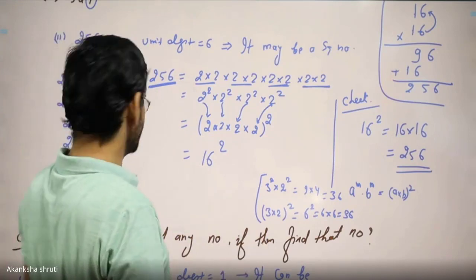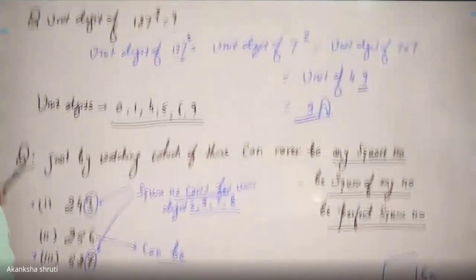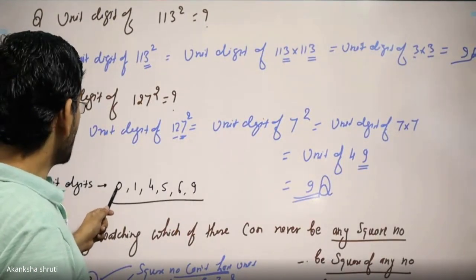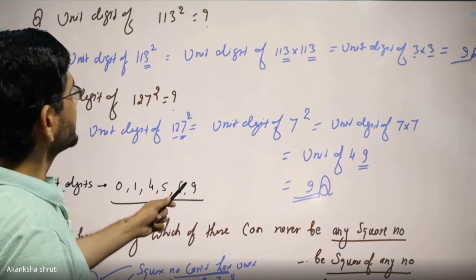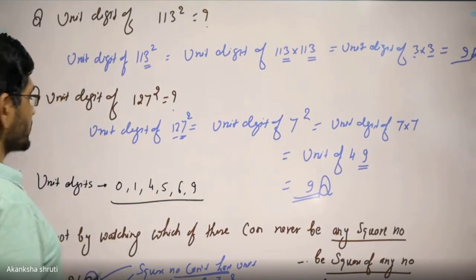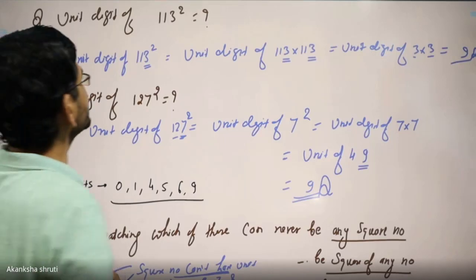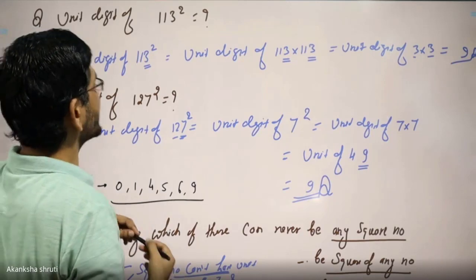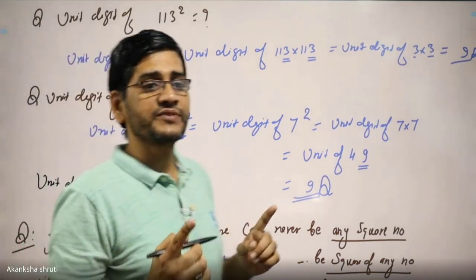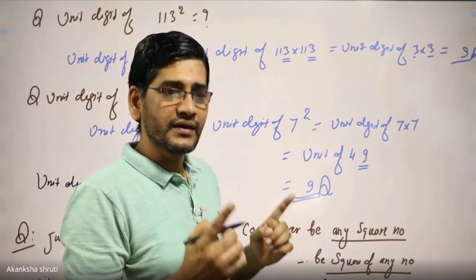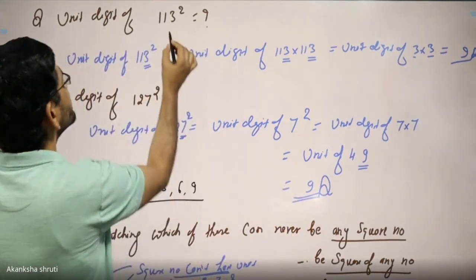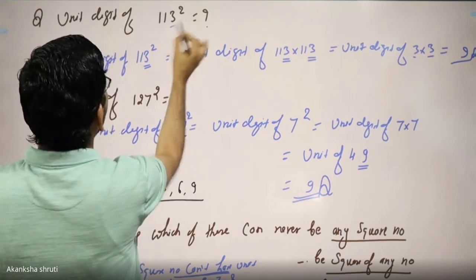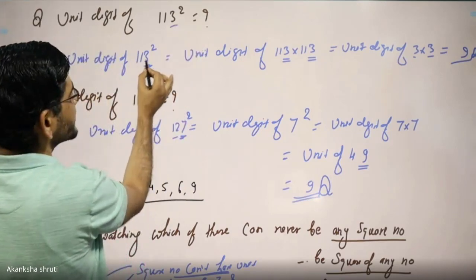These things we finished last time. The important thing was that the unit digit of a square number can be 0, 1, 4, 5, 6 and 9. Students, also, how do we find the unit digit of the square of any other number, say 113? The unit digit of the square is decided by just multiplying the unit digit of the number whose square we want, like 13. So here, 113.